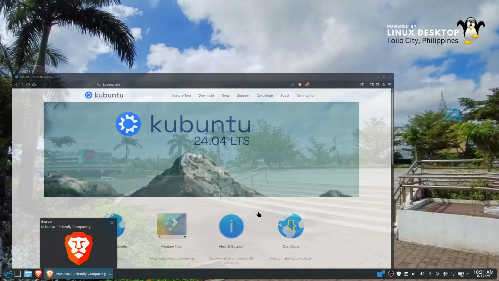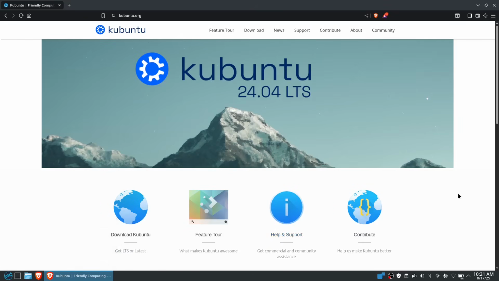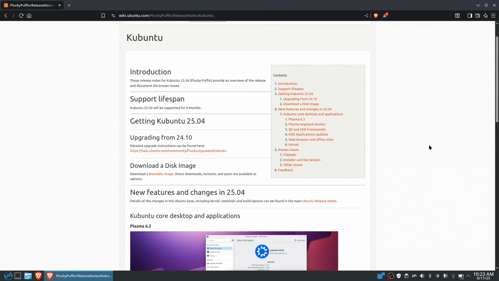Today we're going to take a look into Kubuntu 25.04. It will be supported until January 2026, and before this expires, I want to let you see what the next Kubuntu LTS looks like. This is only for several months, so it's just going to be a test bed for the upgrade of the LTS, which is right now the LTS